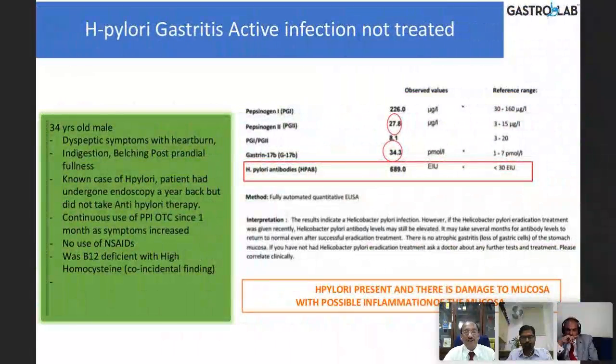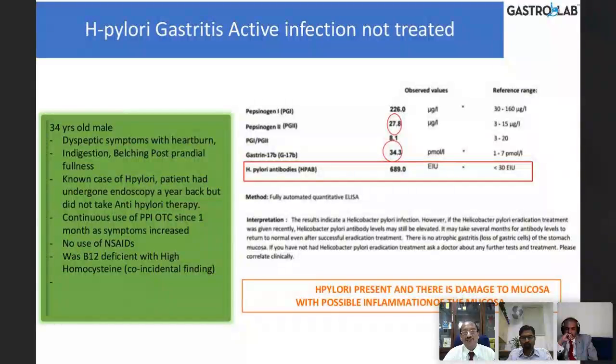This is an active infection, not treated. Here, pepsinogen 2 is high, and pepsinogen 1 is also high. The ratio is normal because both are high. Gastrin is high, indicating low acid output, but nevertheless, this H. pylori is 689, which is high. That indicates probably there is some atrophy of the gastric mucosa, especially antral atrophy,